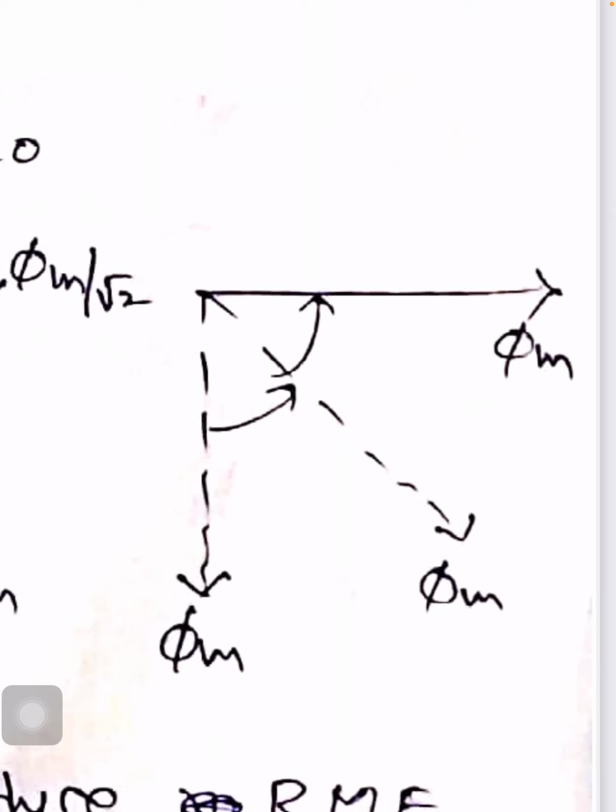So the first, φa is equal to φm into sin 90 degrees, which gives 1, which multiplied with φm gives φm only, φa, right? But in case of φb, it is equal to φm into cos 90 degrees. So cos 90 degrees always gives the 0 value, and 0 multiplied with φm gives 0. So the φb flux completely vanishes, right?